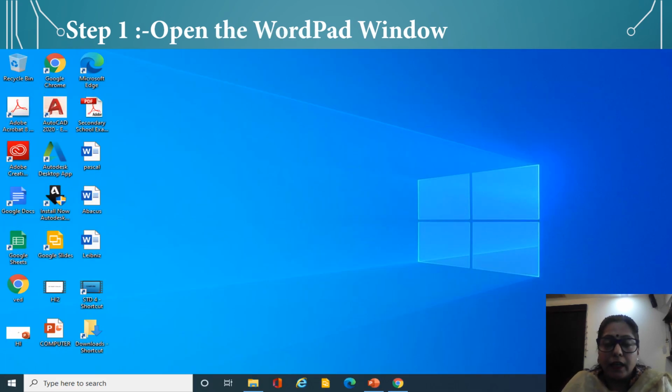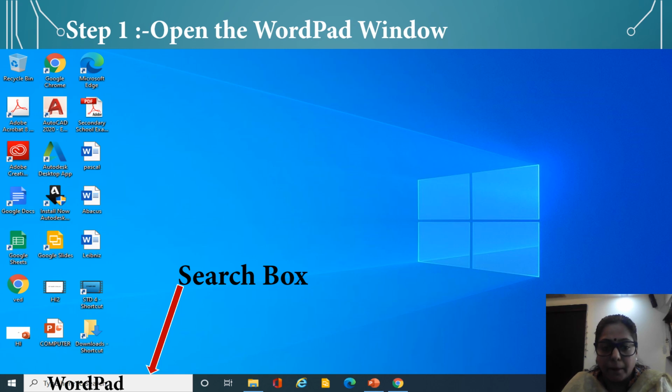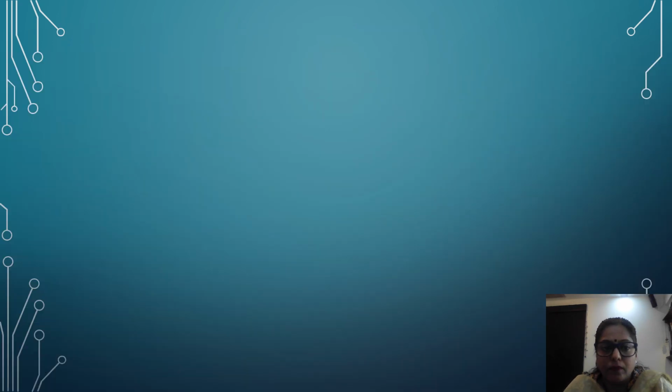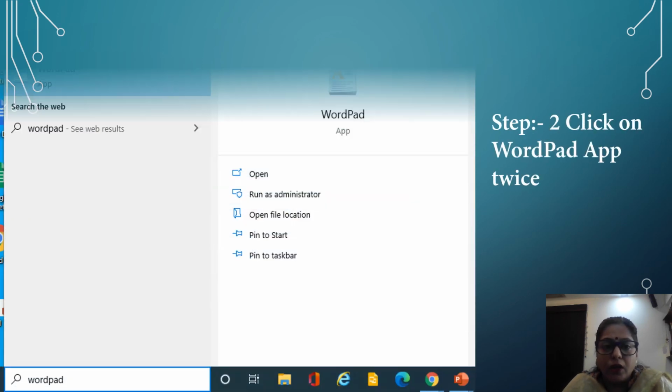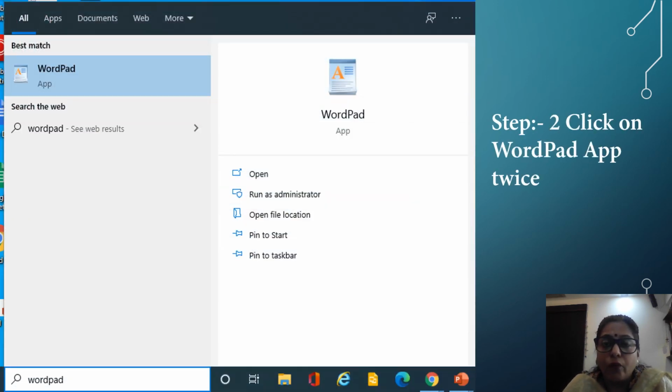For that, you have to write in search box WordPad. Step 2. You can see WordPad icon is open. In this WordPad icon, you have to click twice.